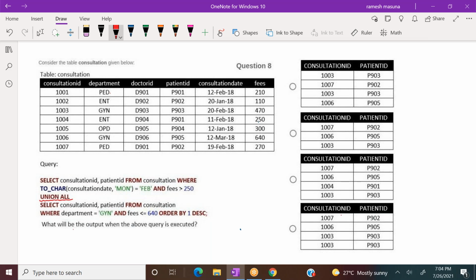Now will you try this question? I'll give you 2 minutes of time. Take 2 minutes and try to solve the query and answer the question. Please, quickly. Please try. Don't give up.